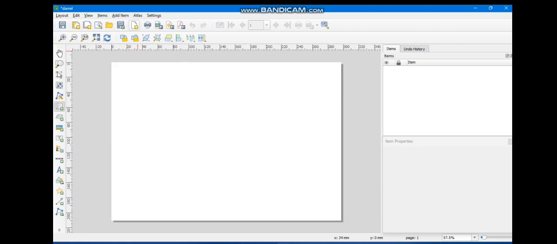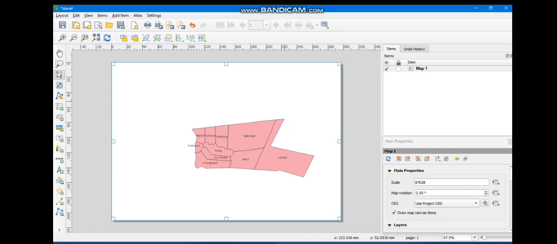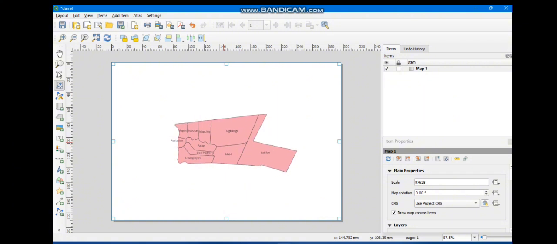Now click the add item, and as you can see here now, it's already plotting my study area.